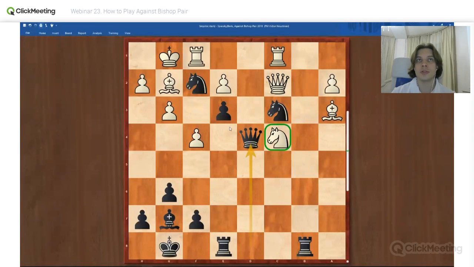It can be an outpost or just support squares where you can locate your knight and make it more active compared to his bishops. And of course, remember that two knights can be better than a bishop pair when the position is full of tactics, because it's really easy to blunder a fork, not in one move, but of course in 5-6 moves or so on.